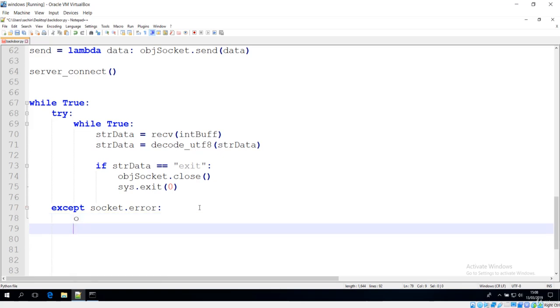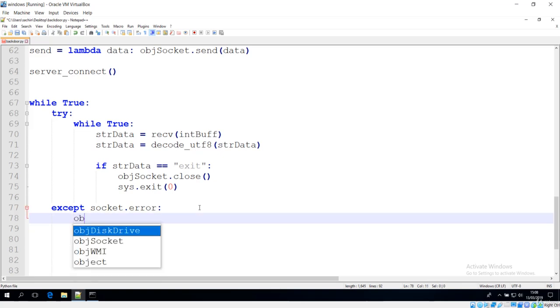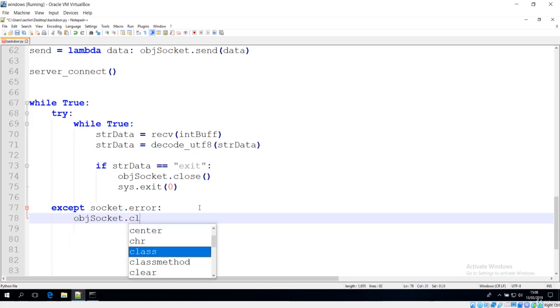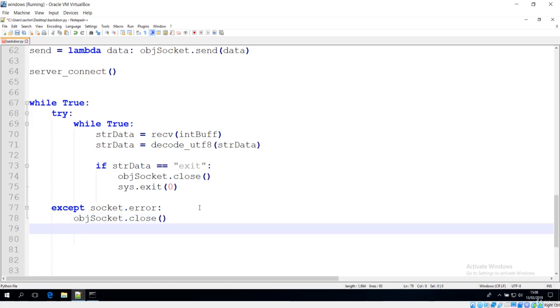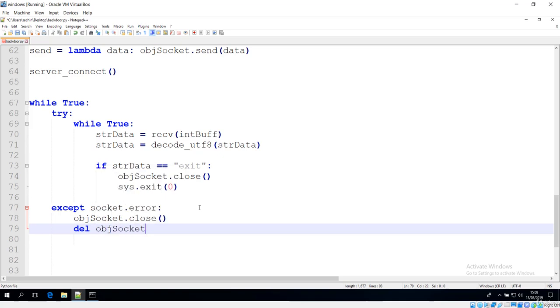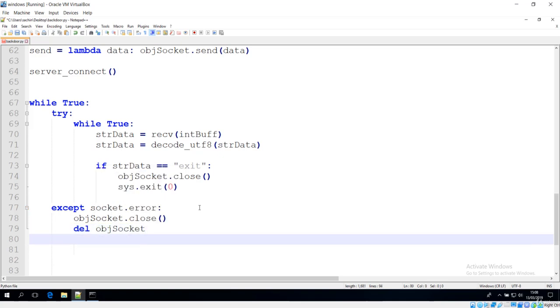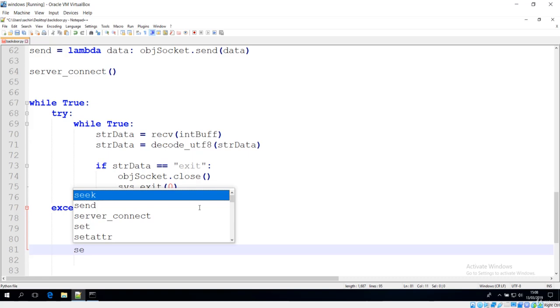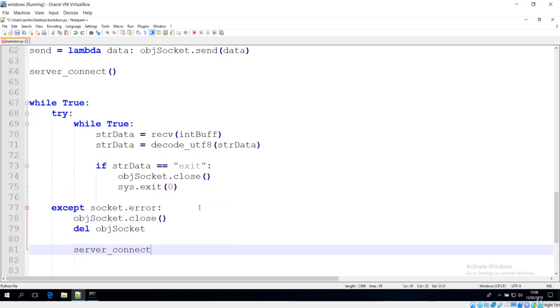First of all, in that case we have to close that socket, because the server may close without warning, and we also have to delete that object, which is done with this delete object socket. The next thing is we have to call this server connect method again, which will try to connect to the server again.